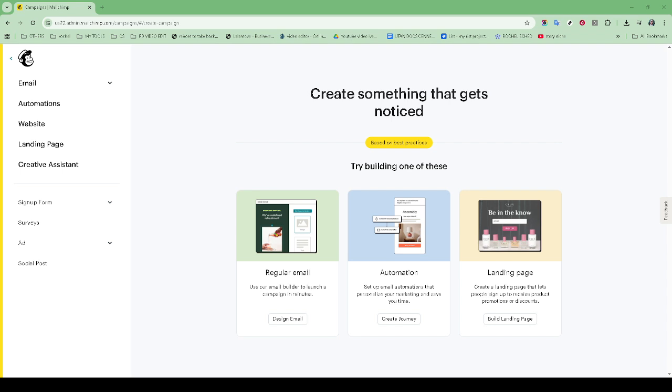reader's attention. Once you've chosen a spot, you need to access the toolbar, which is generally located at the top of your editor. Here, you'll find the option for Merge Tags. Click on it to see a drop-down list. Merge tags are a way to automatically insert personalized content into your emails. They pull subscriber information from your list into your campaign, which can be a real time saver and is crucial for